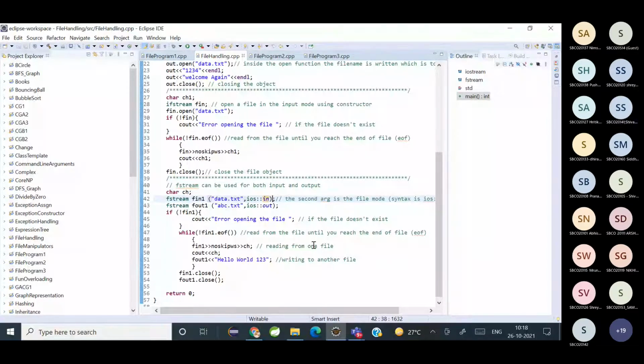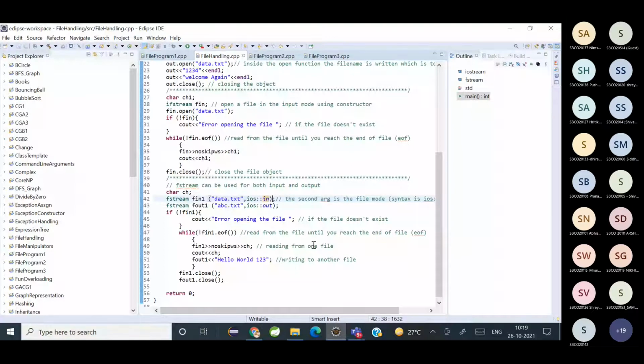Yes, ma'am. So what is happening here? You are reading from one file data.txt and you are writing to another file abc.txt. So simultaneously you are using it. If the file pointer returned is false, that means there was an error opening the file. That is what line number 45 says.